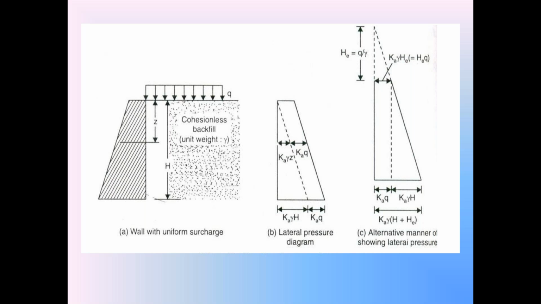Whenever we are calculating the earth pressure, horizontal earth pressure, either in the rest condition or in the active condition or in the passive condition, first find out the intensity of the vertical stress. So in this surcharge case also, we are going to find out the external vertical stress acting on the backfill. So please everyone focus on the diagram first. Look at the surcharge and also the backfill behind the retaining wall. H is the height of the retaining wall.